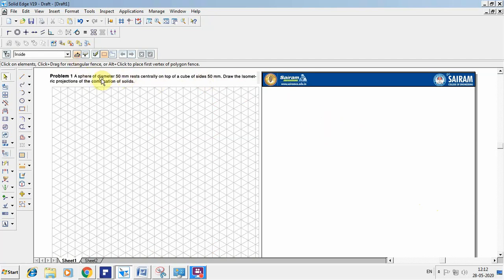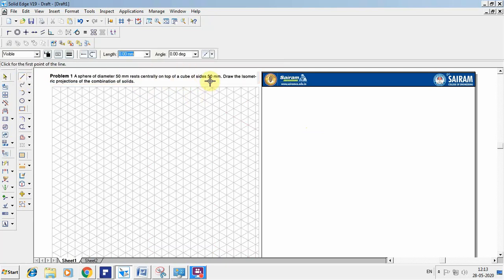Coming to the sphere, we know that whenever we rotate a sphere at any angle, the sphere's outlook will be the same, meaning the outer diameter remains the same. Only the height of the center point will vary when you keep it on any of the surfaces. So you have to keep that in mind. You have to draw the outer circle of the sphere with the normal dimension itself, not isometric. So let us start the problem with the cube on a base.